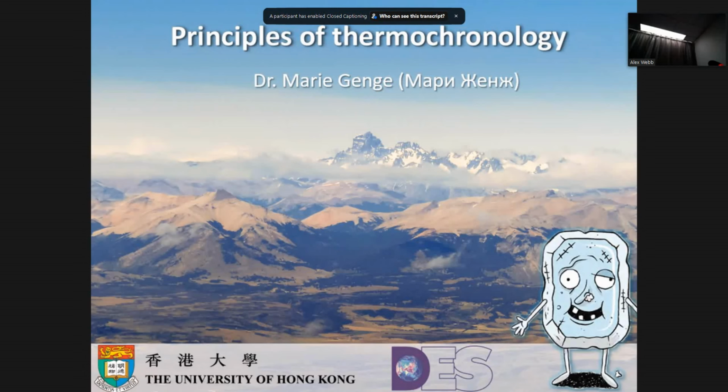Hello everybody. I will introduce you mostly to thermochronology, which is a science of dating thermal events. I think most of you know it's becoming quite popular. Most of you have already seen maps with a lot of ages. For example, if I take a map of this area, you will see a lot of ages for this mountain